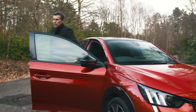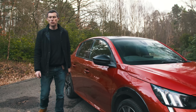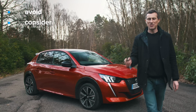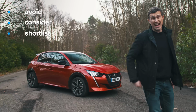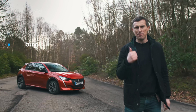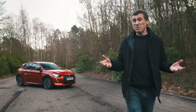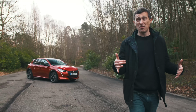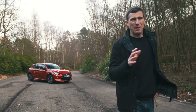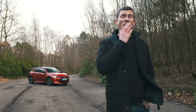So then, what's my final verdict on the new Peugeot 208? Should you avoid it? Should you consider it? Should you shortlist it? Or should you just go right ahead and buy it? Well, I reckon you should just go right ahead and buy the new 208. It does pretty much all you need a small car to. Yeah, it just looks absolutely cool. In fact, it makes other small cars just seem...